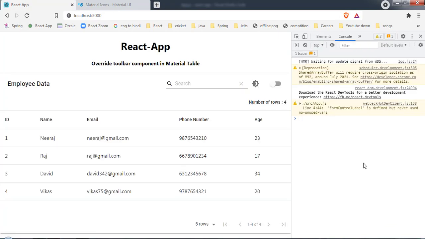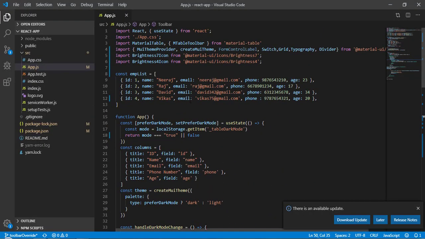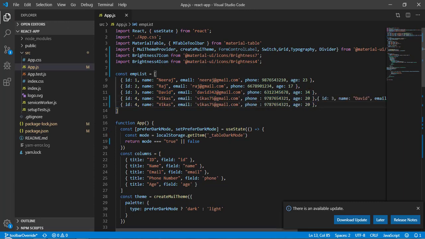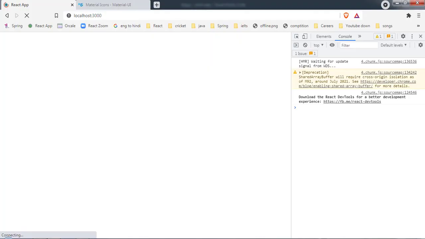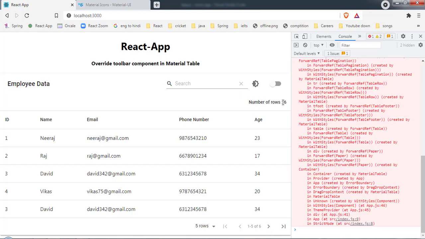Here as you can see, we have number of rows 4. Now what if the number of rows increases? For that, let's copy the last row and paste it again. Save it, and now the value has to be 6. Let's come back here, and now as you can see, we have 6 rows and here we have 6.